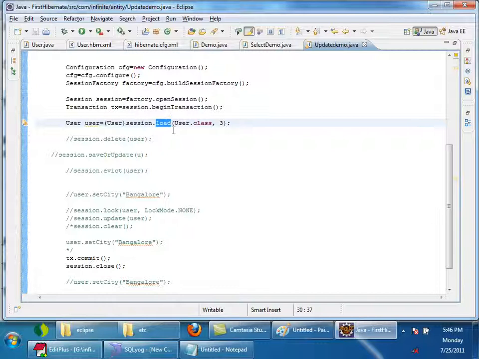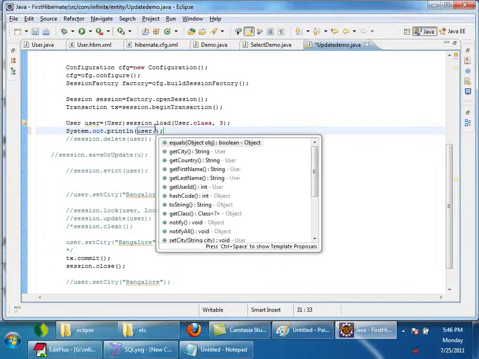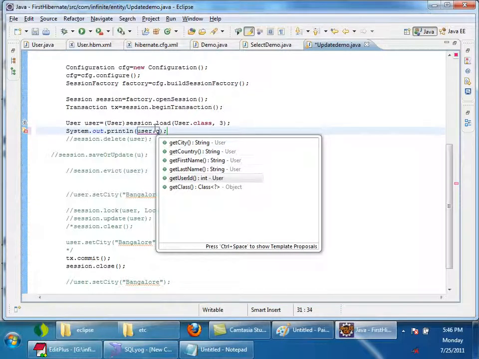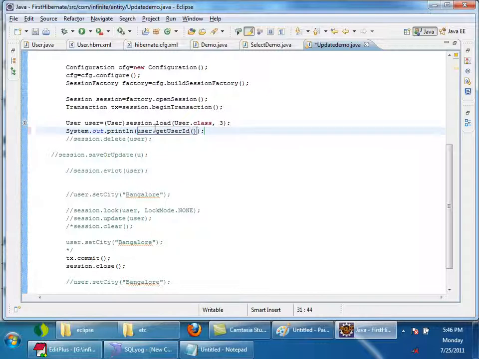So the proxy will be having only the primary key value, right? So now if I say System.out.println user.getUserId, now tell me, will it fire a select query or not? Now it will fire? No.